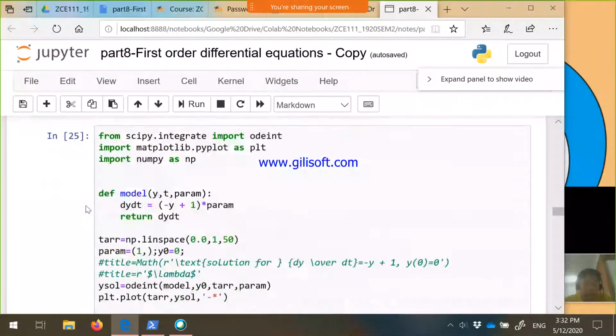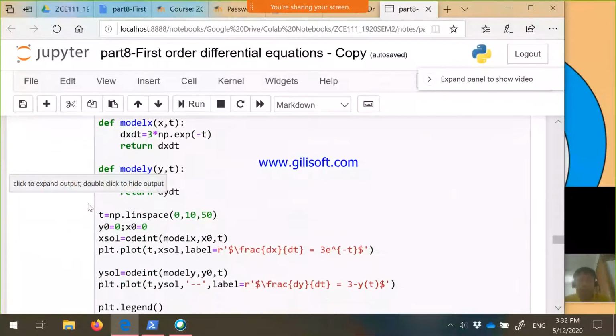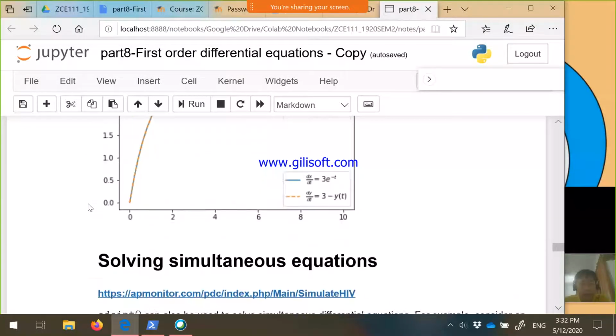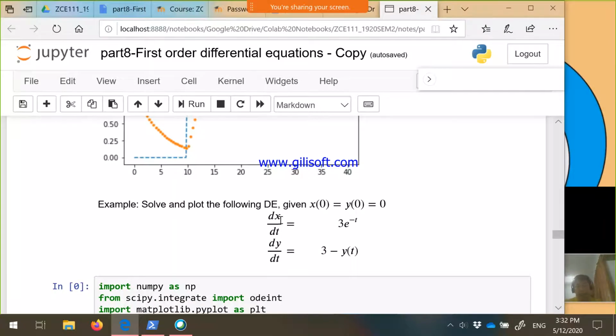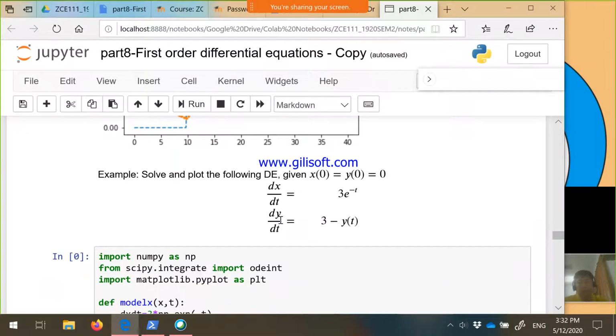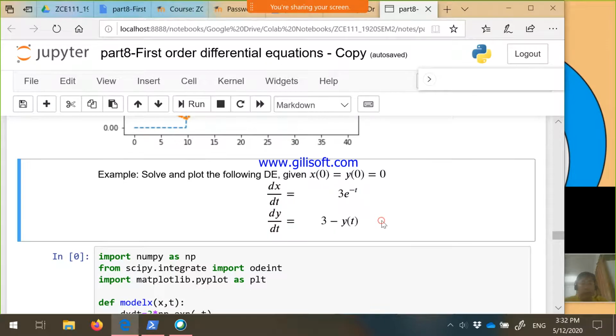So let us go to the next example. The next example is this one. Okay, so we have two differential equations to solve together. Now you can do this quite easily. Now these are the two. This example where you have a function of x in terms of t and function of y in terms of